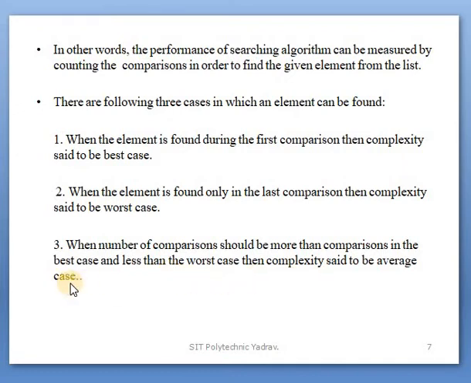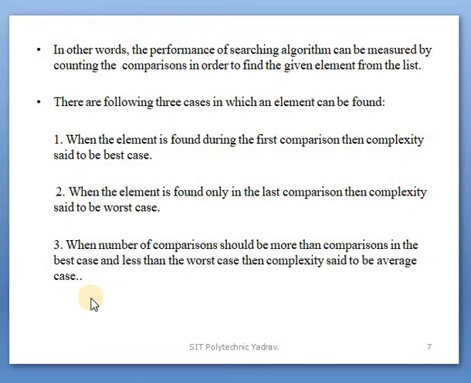In a previous slide we saw an example: an array of 10 elements, 1 2 3 4 5 6 7 8 9 10. Say we search for the number 1.